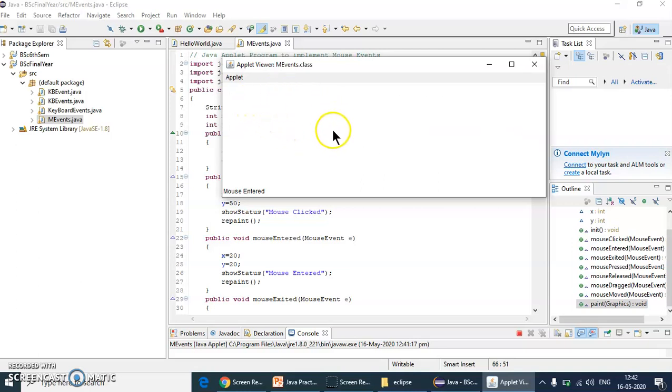Similarly, whenever we change the position of the mouse, it is taking the action that it has to display the position of the mouse, that is, mouse moved at that XY position. Similarly, I am dragging the mouse now. So clicking and changing the position of the mouse, click and move. At that time also it is showing the XY position, but mouse dragged is a message. Mouse dragged at position X and Y coordinate.